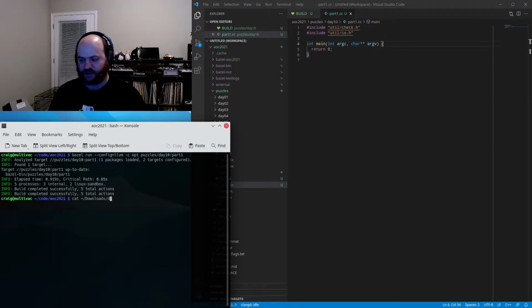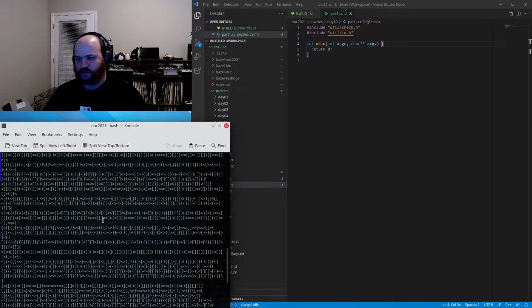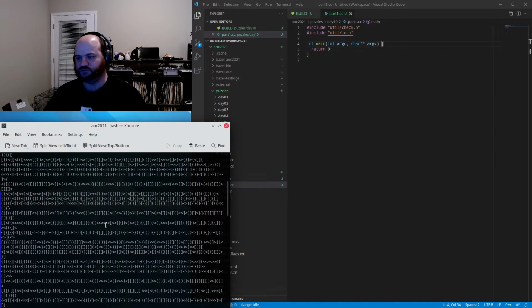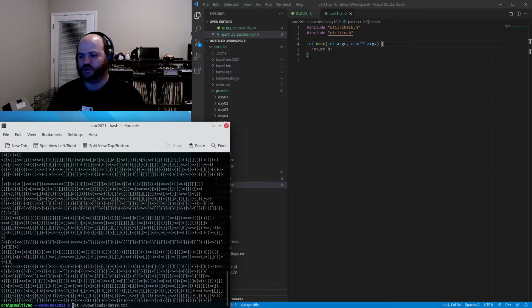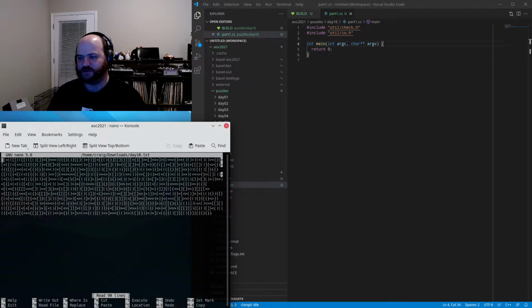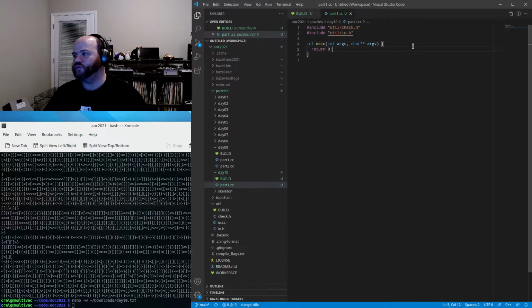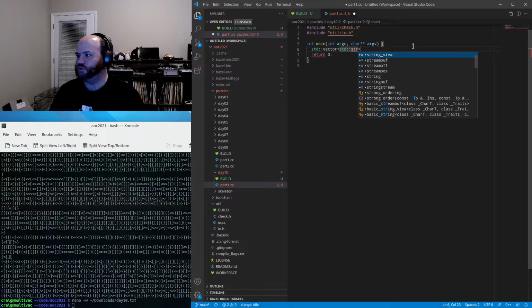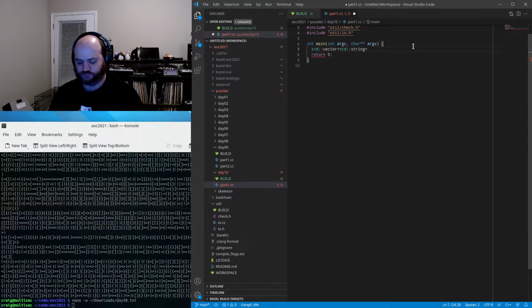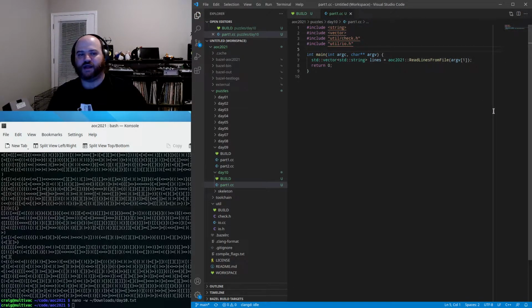And I'm going to see what that looks like. You know, open that in Nano without word wrapping just to see how many. Okay, so quite a few lines of that. So we will go ahead and read in our input. Read lines from file, use argv1 to get the first line of the program. And then